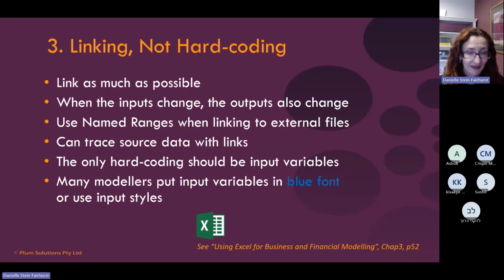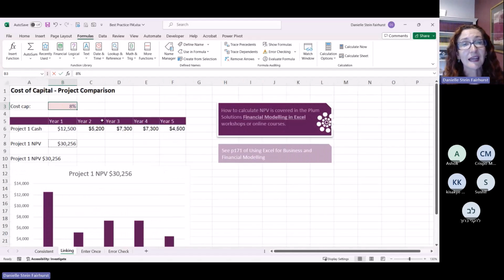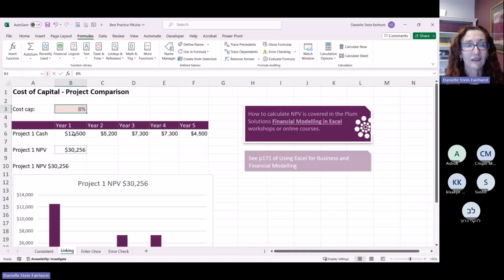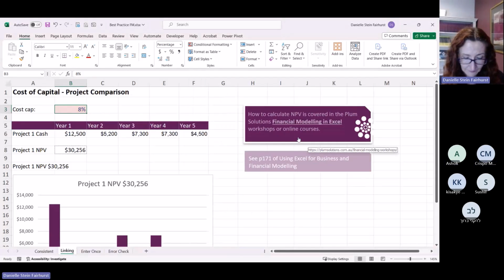That's a fairly old-fashioned thing, but you probably would notice if you go over to here, you can see this example here, you can tell that this one is an input. So this links through to here. If you go to trace dependents, you can see that that links to there. And we know that that's a variable because of the way that I formatted it. I've used the styles to say that this is an input, or you can use this input style. I've used a slightly different color because I like that color, but I can change this and everything just flows